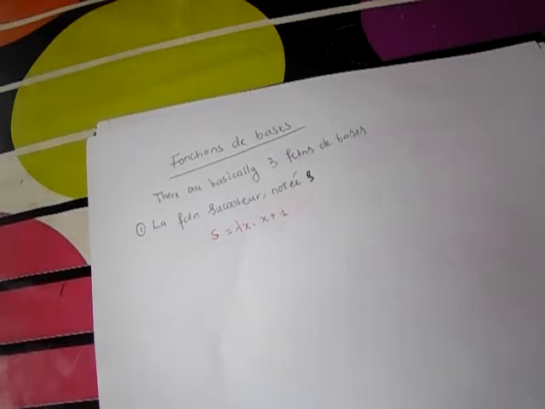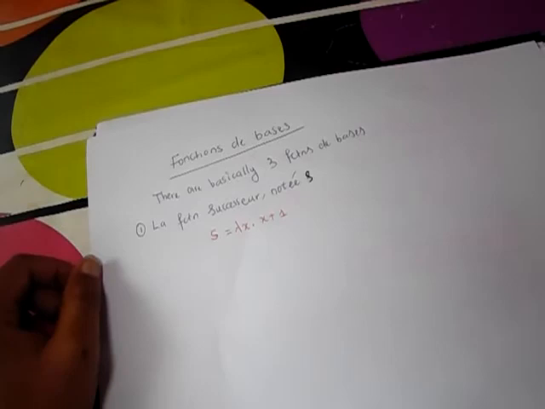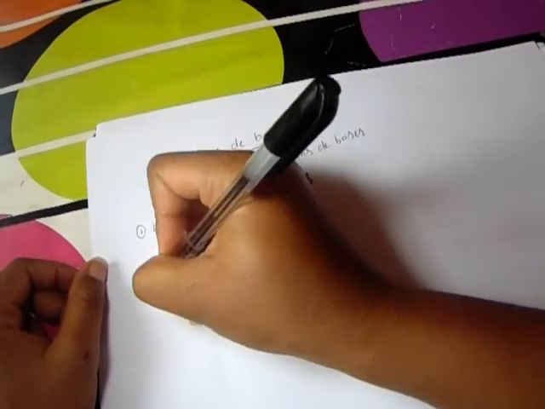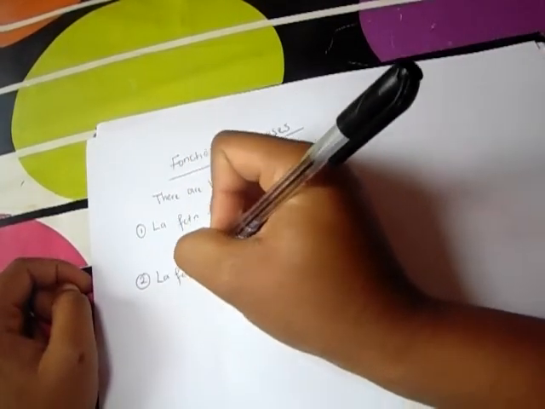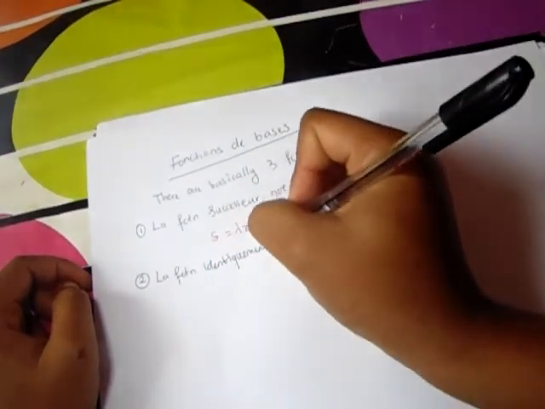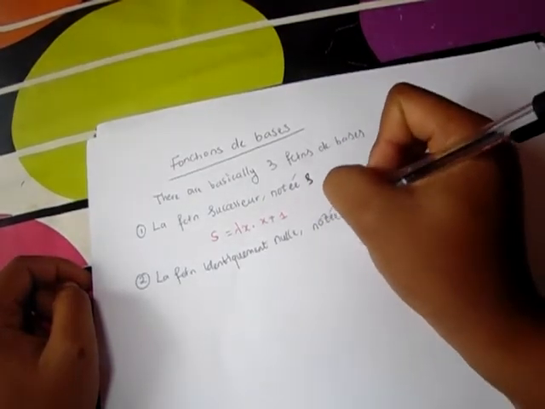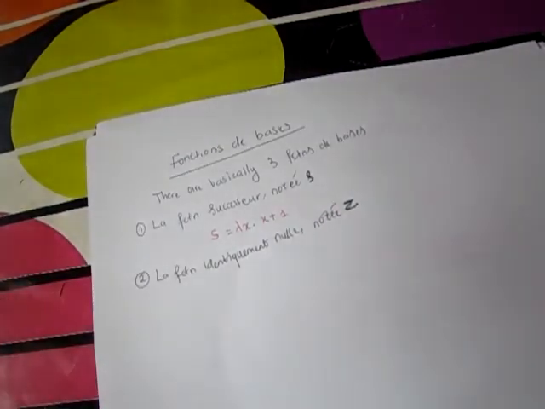fonction de base, because we said we have 3, the second fonction de base is the one we call la fonction identiquement nulle. I'll write that down as well. La fonction identiquement nulle, and we note it as z. So la fonction identiquement nulle, noted z,